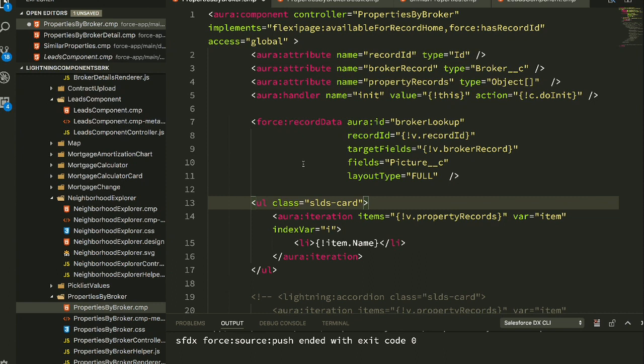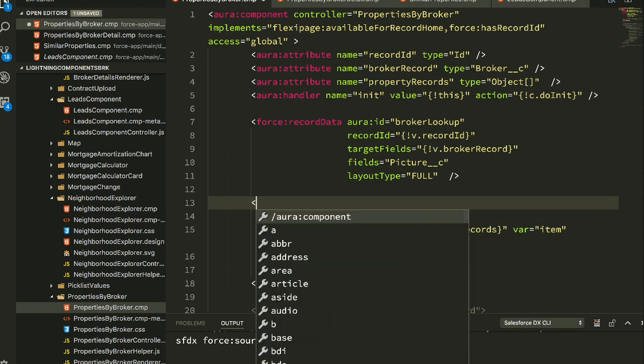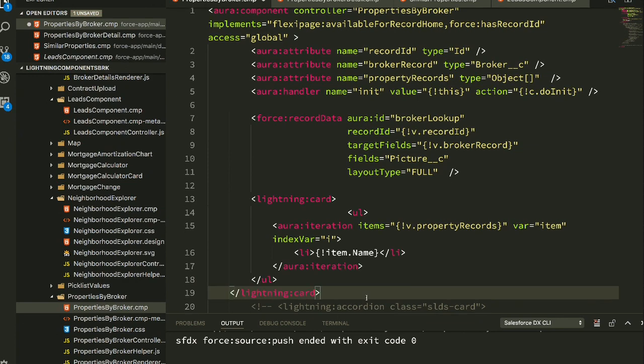But you know what? There's an easier way or a better way, I think, to do that, because I think what I want to do is I'm just going to make this stand out a little bit better, and I'm going to start by saying lightning:card, to use the Lightning card component. Now, if I just close this off, go ahead and take this, cut it out, put it down here below the UL. Right there, that Lightning card has now given me a white background,